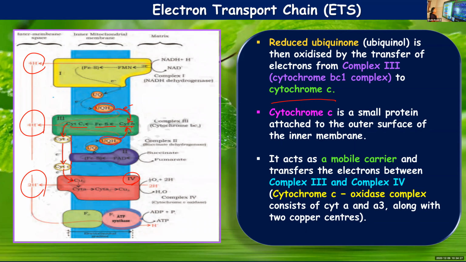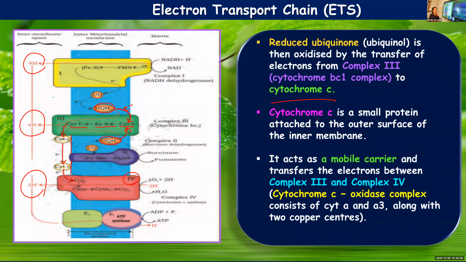Hydrogen ions in the matrix will reduce, developing a negative charge. Hydrogen ions in the intermembrane space will increase, promoting the development of a positive charge. So here an electrochemical gradient will be established. These protons or hydrogen ions cannot move back to the matrix on their own, because the inner membrane is impermeable to these ions.